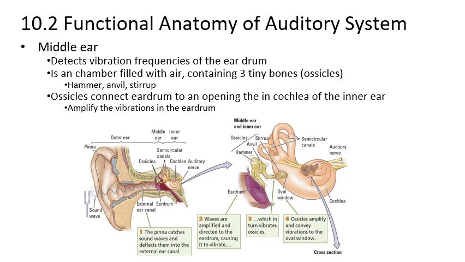These little bones, called ossicles, tiny fragile bones, connect the eardrum to an opening in the cochlea of the inner ear. If you've heard of cochlear implants, they are trying to replicate the cochlea. The cochlea is an extremely important part of hearing. And the ossicles amplify the vibrations in the eardrum to make the sound more sensitive for the cochlea. So moving on to the